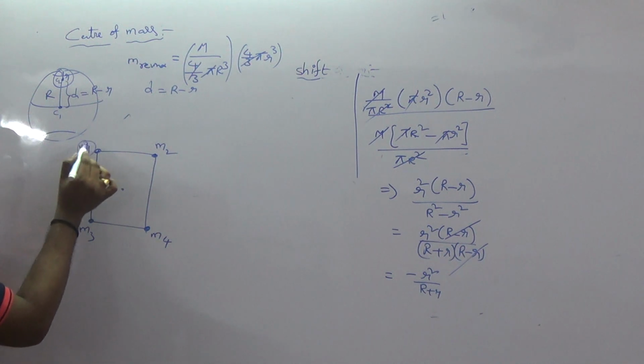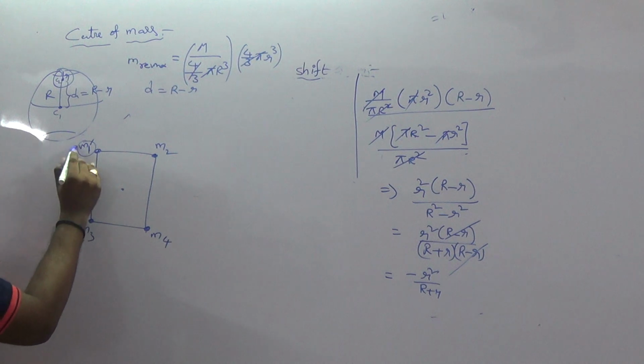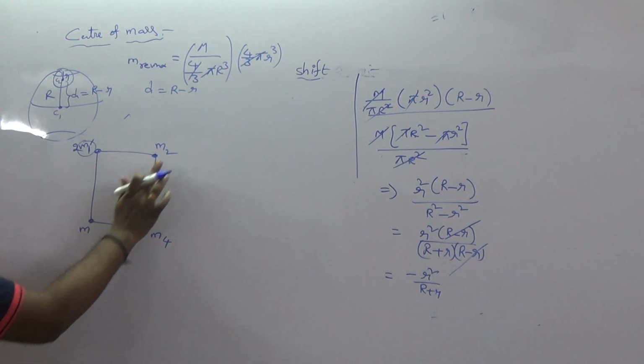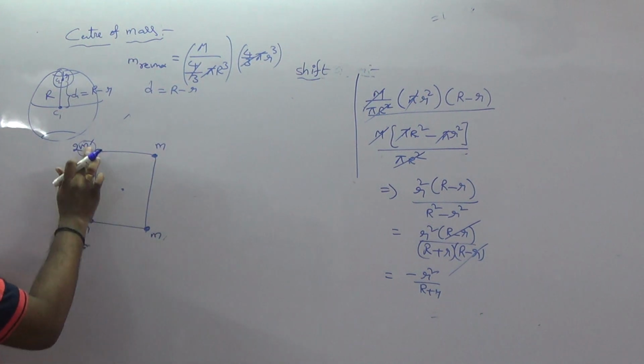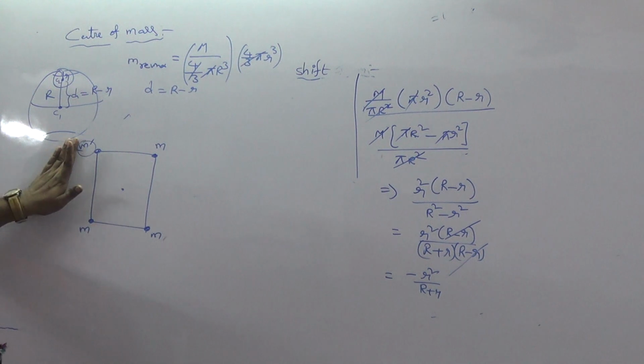Now one of the particle masses is doubled. For example, this mass becomes double. In this situation, here M, here M, here M, and here also M, but now this mass is double. When the masses are the same, the center of mass is exactly at the center. When one particle's mass is double,